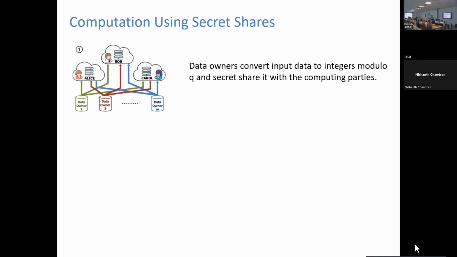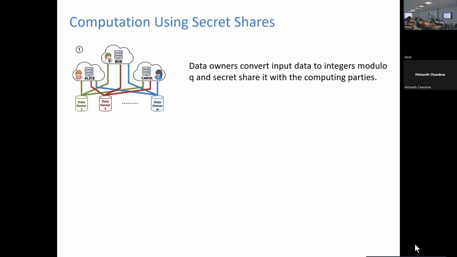They first convert the real numbers to the modular representation, which I talked about yesterday and other talks also covered, normally using a fixed-point representation. Then they secret share the values and give the shares to the servers that will be doing the computation.